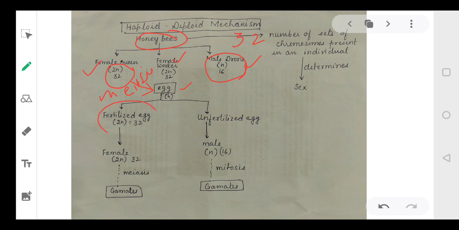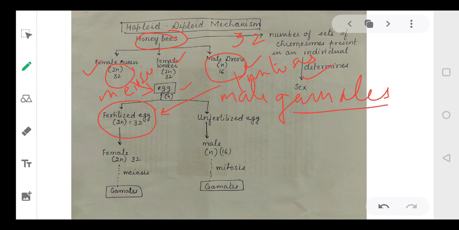सो एग की फॉर्मेशन मियोसिस से होगी। इफ दिस एग इज फर्टिलाइज्ड, अगर ये एग फर्टिलाइज होता है तो इसे फर्टिलाइज कौन करेगा, मेल ड्रोन, क्योंकि वहां पर मेल गैमीट की फॉर्मेशन माइटोसिस से होगी। तो फीमेल क्वीन एग बनाएगी मियोसिस की हेल्प से, तो क्रोमोसोम का नंबर हाफ हो जाएगा। ड्रोन मेल गैमीट बनाएगा माइटोसिस की हेल्प से, तो n नंबर ऑफ क्रोमोसोम्स, क्रोमोसोम नंबर सेम रहेगा। अगर ये एग फर्टिलाइज हो जाता है, तो इट विल हैव 32 क्रोमोसोम्स, डिप्लॉयड।